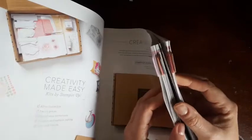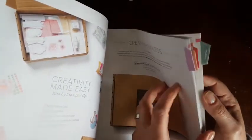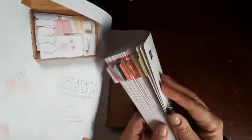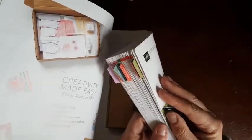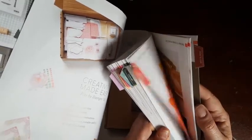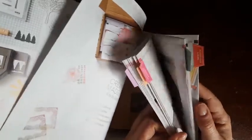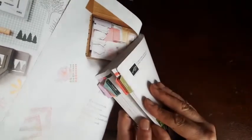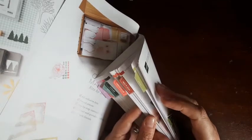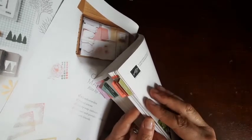What we do have this year are these fabulous tabs. As you can see, I popped one of them on at a jaunty angle. They're definitely the new in colours. Not sure what shades those are. We've got a Cajun Craze and an old olive, possibly Pear Pizzazz. Anyway, we have